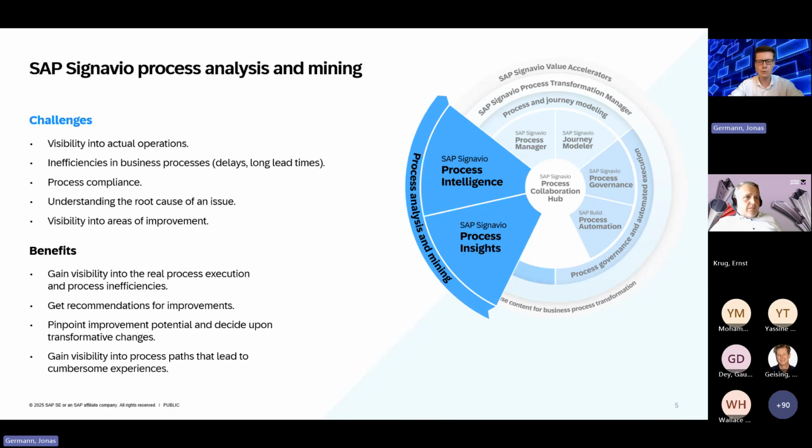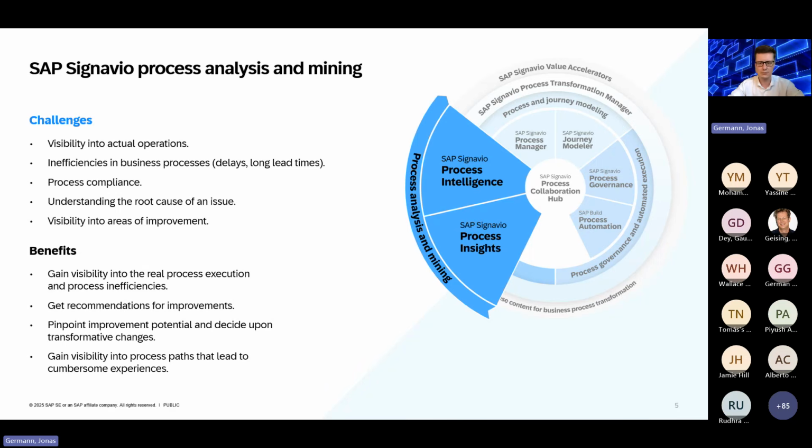So I will focus on the BTP area and not deep dive into every detail of Signavio, because I assume the BTP part is more interesting for you. But in the missions, of course, we have every step, and I will show you that explained in detail. The two solutions I will mention today are SAP Signavio Process Insights and Process Intelligence.